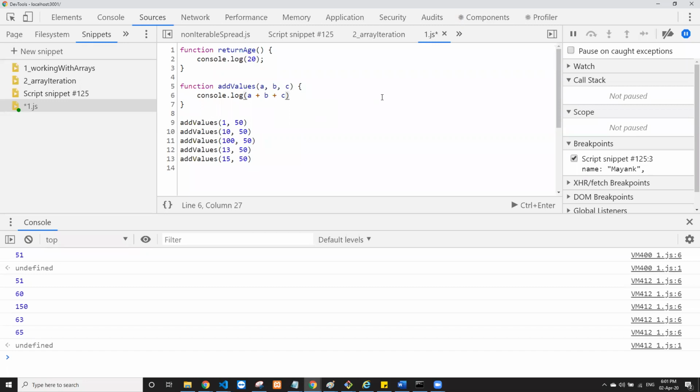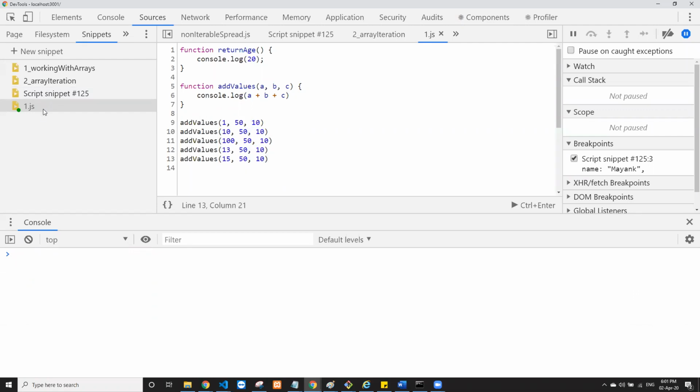Right now I'll just focus on those who are new to JavaScript and all those things. Don't care about syntax. Just try to connect to it logically. You are trying to add 3 variables. What are those 3 variables? 1 comma 50 comma 10. So I can copy this value. I want to add a value 10 to each. So now these are the 3 values that I want to add every time.